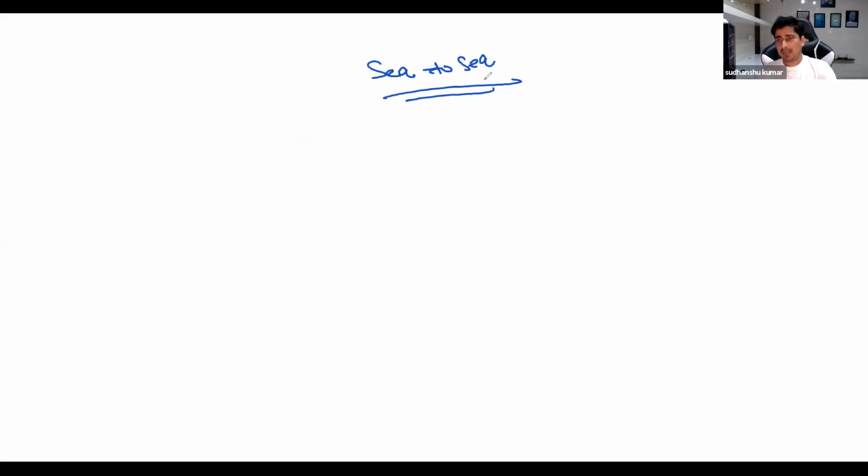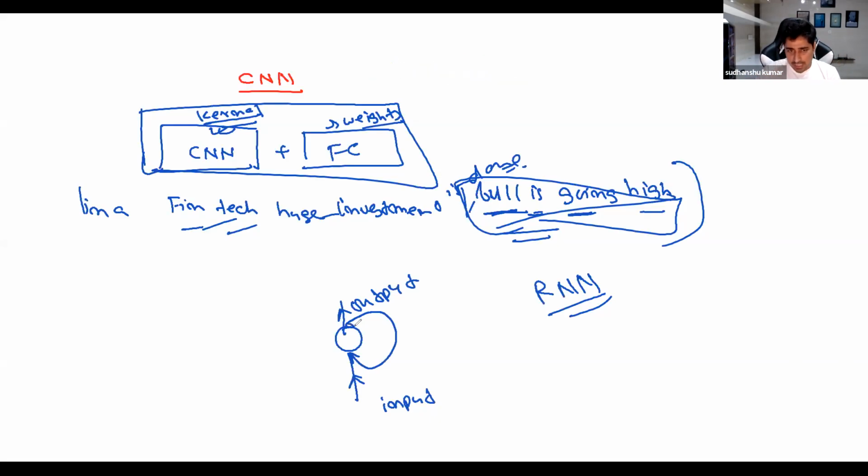Kind of a model comes into the picture. Researchers have proposed that one RNN cell is fine. I'll talk about the RNN cell and how it looks. I have just given you the symbolic diagram, but you can try to understand this as an entire architecture. The entire architecture is closed within this one. I'll talk about that architecture as well.